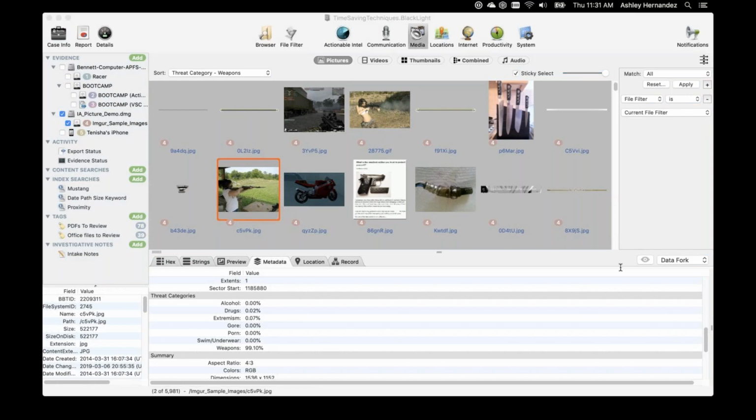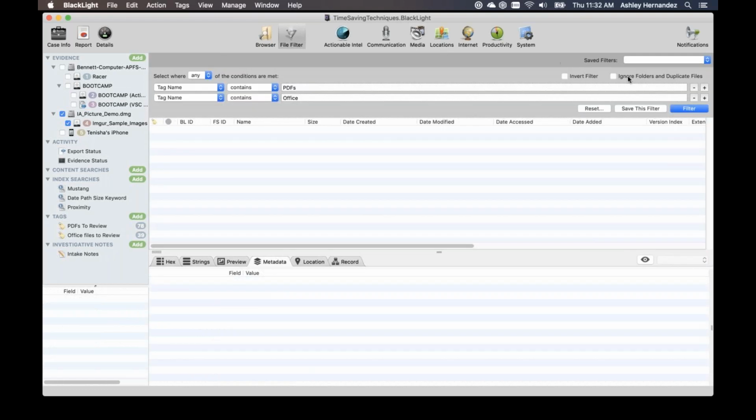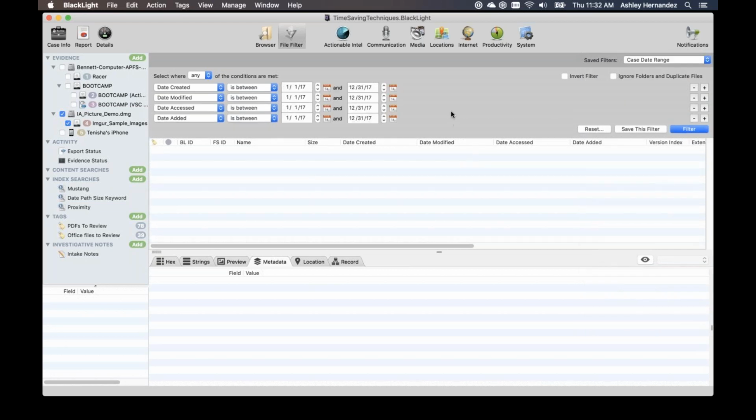I think there was a question about setting up a date filter. So I also want to show how that can be done. I did create a date filter in mine, and I will also show you how you can do this in the next section when we talk about searching. So if you wanted to set a filter for date range, this is going to look across any created, modified, accessed, or date added. So say I knew my investigation happened and my scope was only for the year 2017, or if you're looking for a networking event, you might have it even smaller, to a specific day. But you can run this filter, which this one's going to return a lot more files.